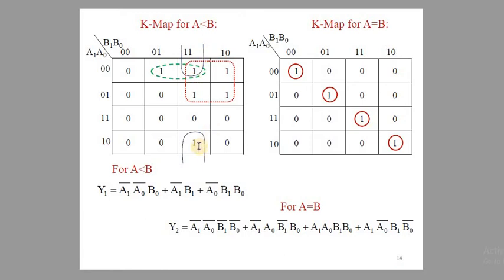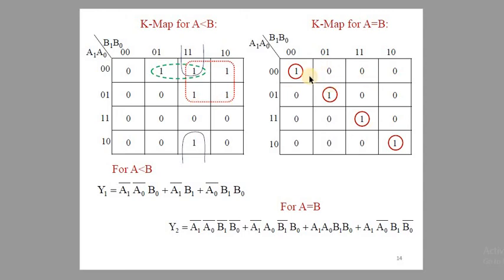Then the third group, this is the third group. Value of this group, how is it? 0 0 1 0, means A0 bar is the constant here, and A0 bar, B1 B0. It comes Y1, which is equal to the value of the first group plus the value of the second group plus the value of the third group, because this is in the SOP form. We can solve this in the SOP or in the POS. In the POS form, whatever is given, write down 0 0 0 for that and make the grouping of that.